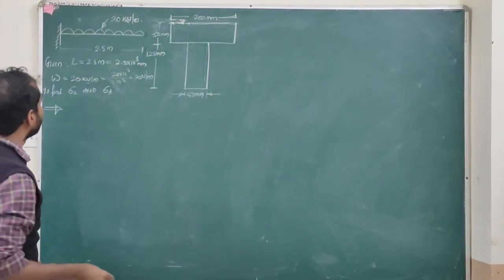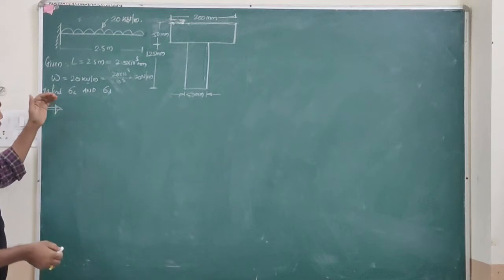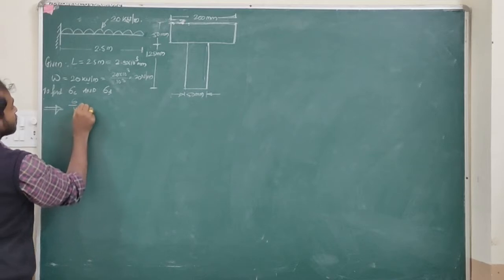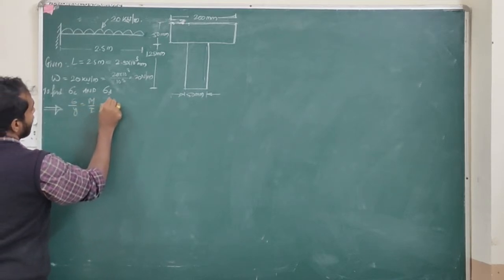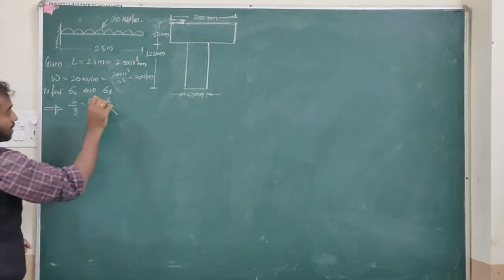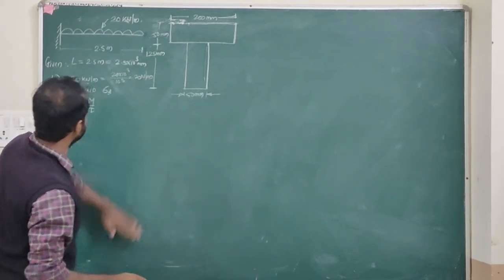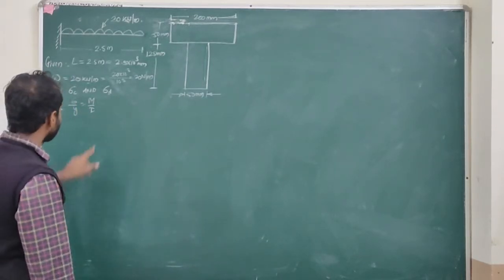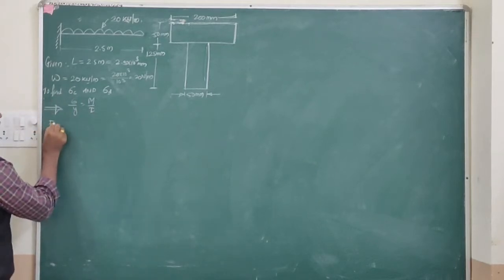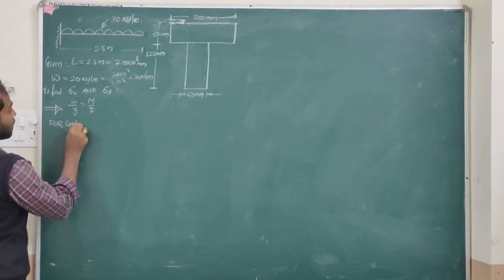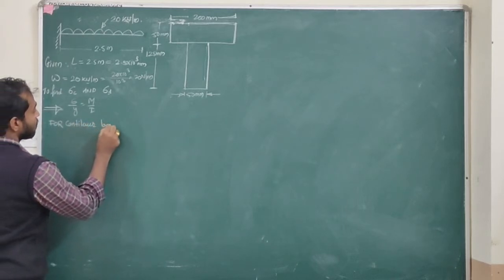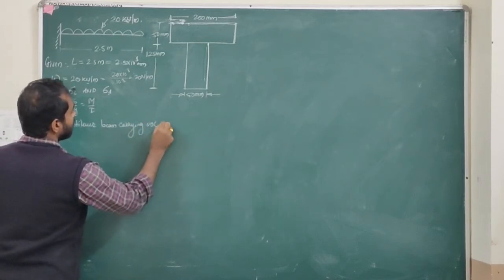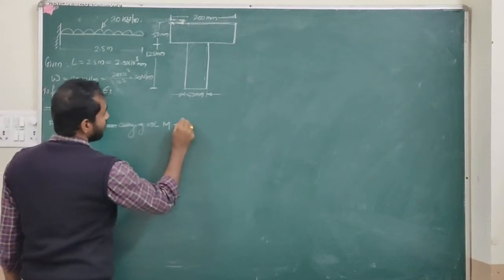This is the load. Now we know that to find out the bending stresses we need to use the bending equation, and the bending equation is sigma by y is equal to M by I is equal to E by R. But in this case we don't have the radius of curvature and the value of E, so we will skip this. We will use this particular ratio, that is sigma by y is equal to M by I. So starting with first moment, for a cantilever beam carrying UDL, the value of M is WL square by 2.